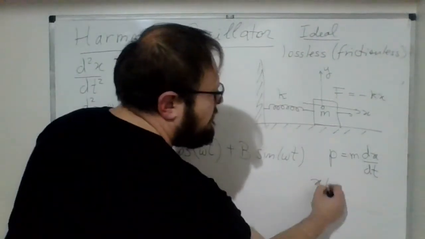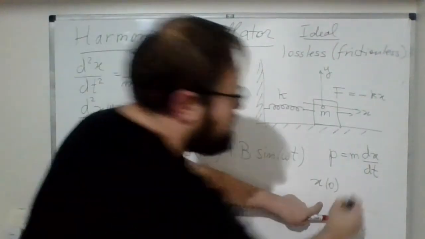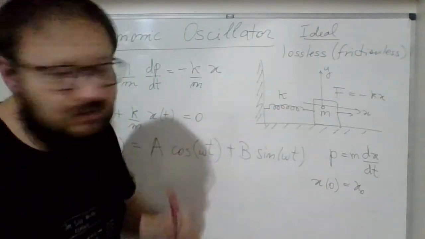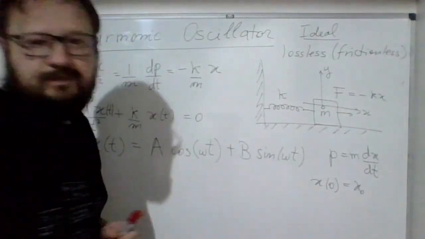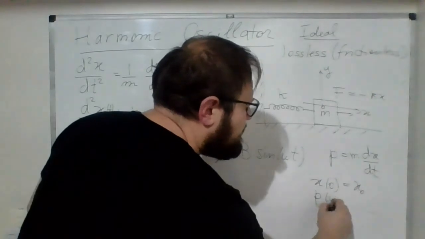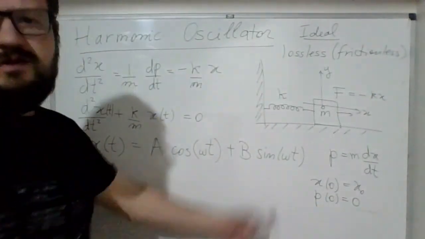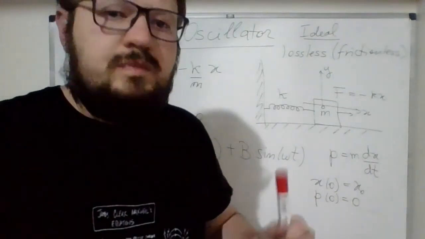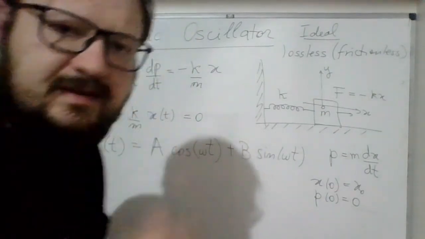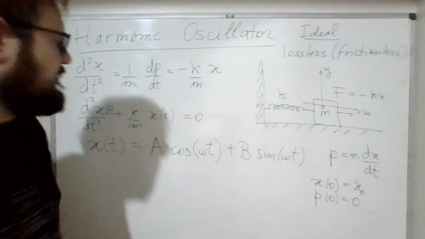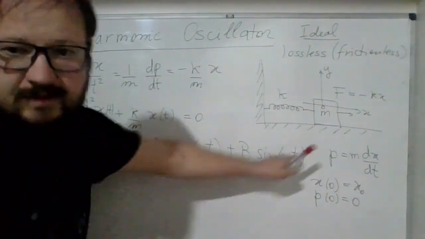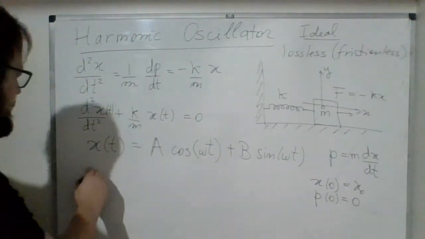So x at time t equals 0 is some x naught. Here it's the initial position, the amplitude which you just inserted in the system at t equals 0, and the initial velocity of the system is equal to 0. So the system has just potential energy. There is no kinetic energy at time t equals 0. So for this reason, you can calculate these things, but in this case, x